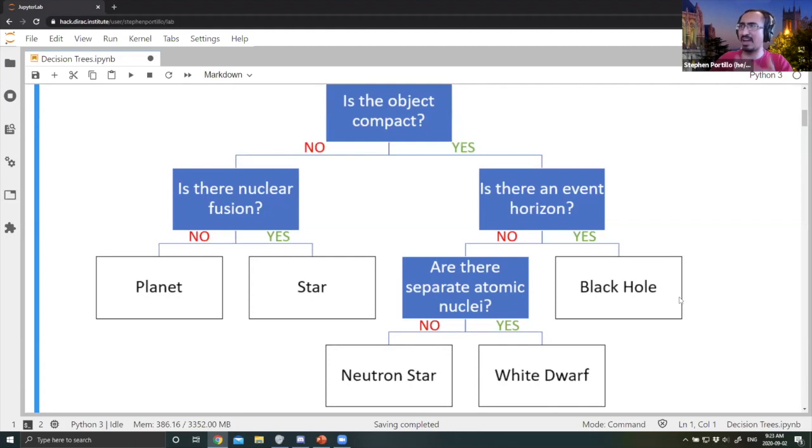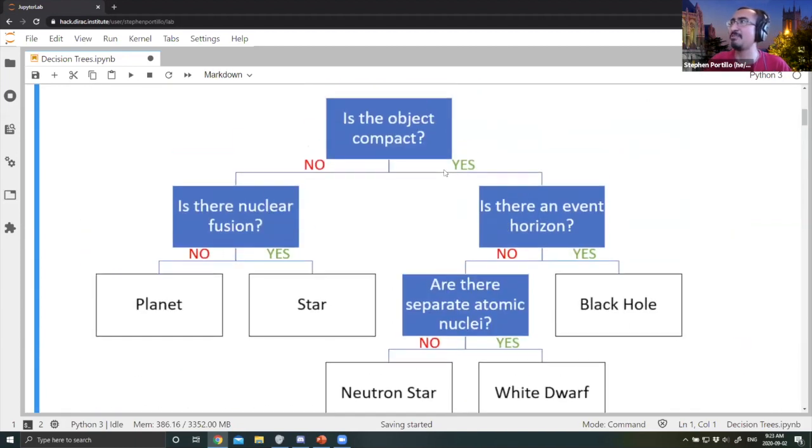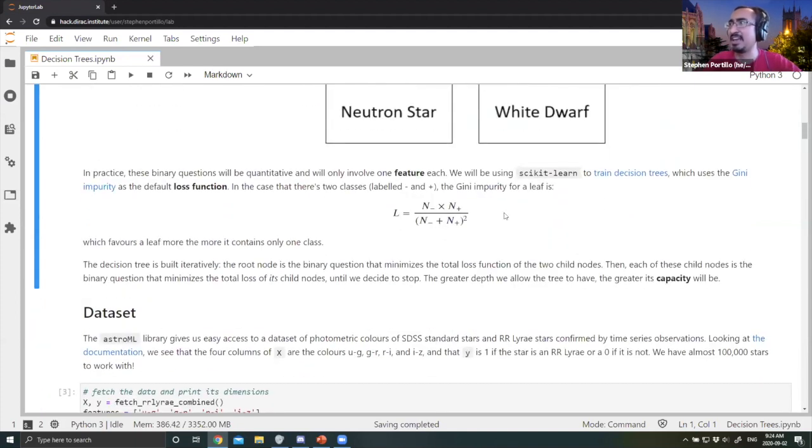But in practice, these binary questions are going to be questions about the features in your data set. And the questions will only involve one feature at a time. And we'll see an example of this. So we have the model that we want to train. Another thing that we need is a loss function. And for now, I'm just going to use the default scikit-learn loss function, which is called the Gini